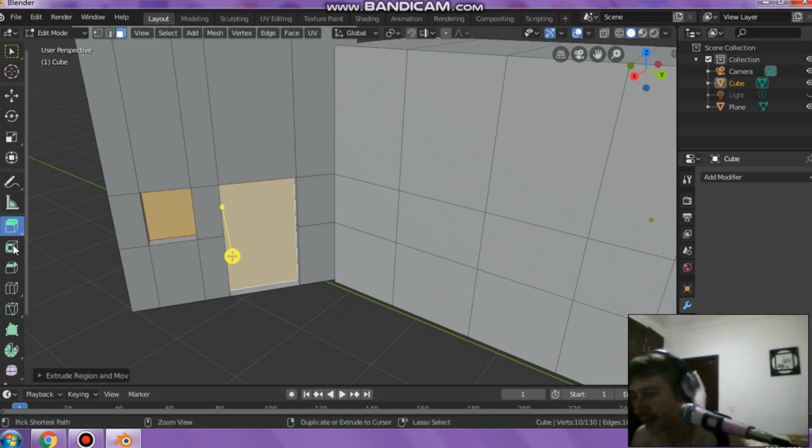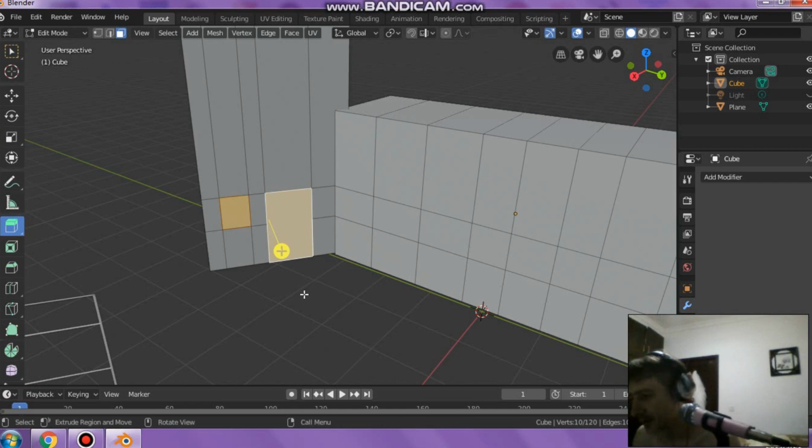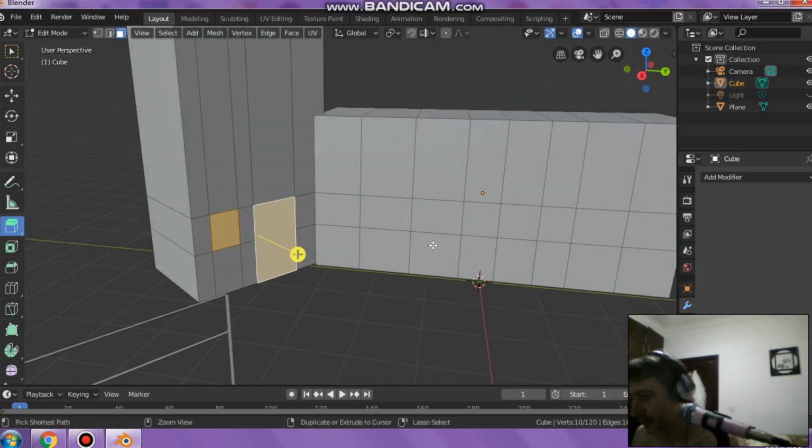But I'm not going to do that here. Like push them in and then keep the faces selected and just click on the move tool and drag them across to straighten them. But I think the best way to do this is the extrude region. It seems to have worked much better. In fact, because it worked pretty well, I'm going to